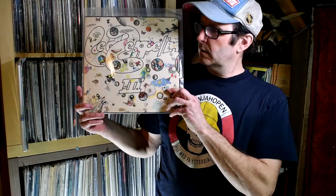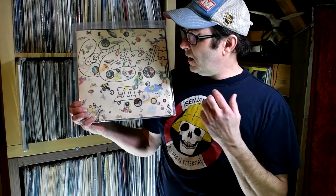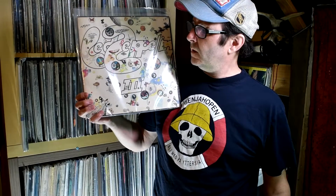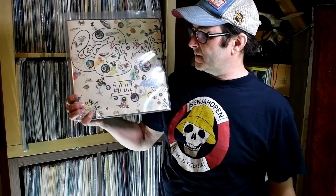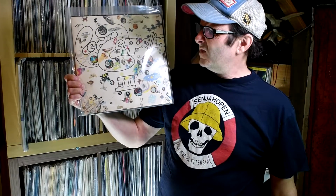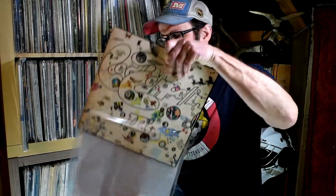This next one could really be a number of different albums in this band's repertoire, but Led Zeppelin 3 is probably my favorite Zeppelin album, mainly because it's got such a diverse sound between all the different tunes on this album. It's got heavy rockers to more melodic journeys, if you will. You may know this album,